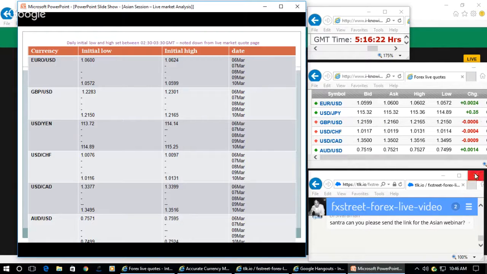So they are handling the crosses with the help of the net change. We can easily understand that euro and USD yen showing positive net change is a contrarian move, and GBP and USD CHF showing negative net change is a contrarian move. Then USD CAD and Australian dollar are showing a nominal USD weakening move. In all, you come across